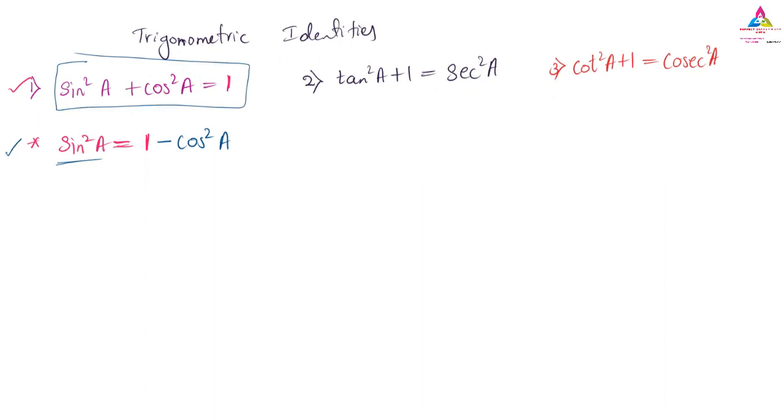Similarly, if I will move further for one more thing. So now I don't want the sin square a to find. I want the cos square a to find. The formula will remain same. So what will happen in this formula? We have to keep that 1 on the right hand side as it is. But I want the cos square a. So I want to shift now what? Sin square a on the other side. So when I shift the sin square a on the other side, it will become minus sin square a. So here we found the sin square a is equals to 1 minus cos square a. Similarly, the cos square a is equals to 1 minus sin square a.